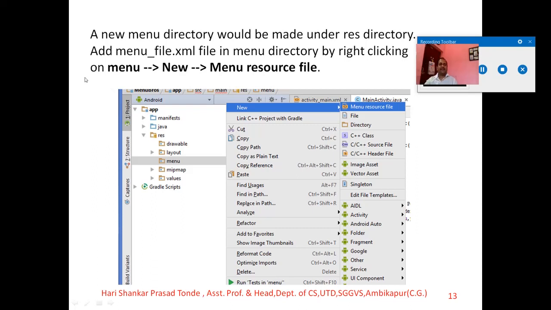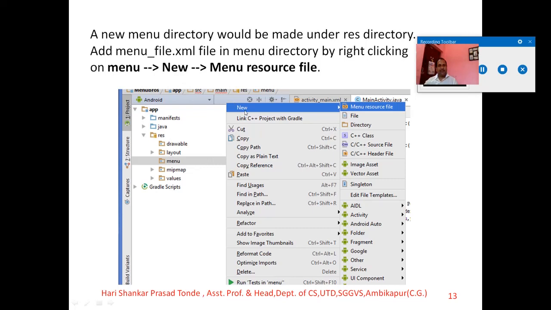So a new menu directory is made under the res directory. It appears in this form, and you have to add a menu file here. Add the menu file in the menu directory by right clicking on menu.